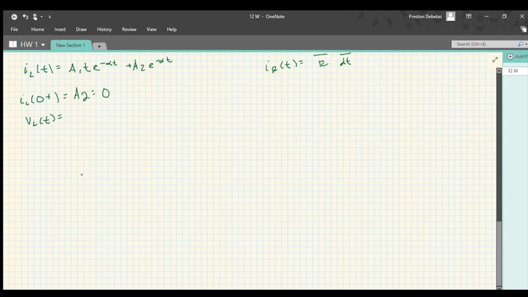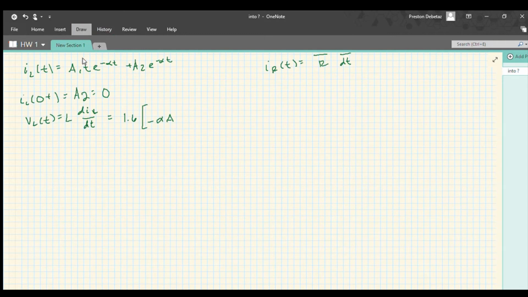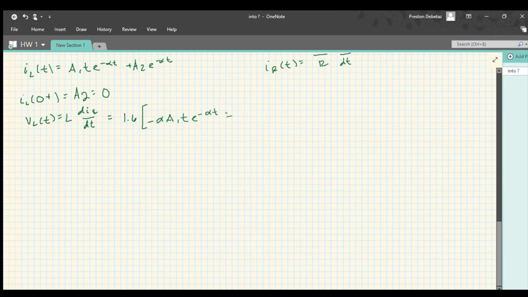So we have VL of t. Okay, it was L dIL dt. And from the tables, this will be 1.6. Right, this will be minus alpha A1 t e to the minus alpha t, plus A1 minus alpha A2 e to the minus alpha t,